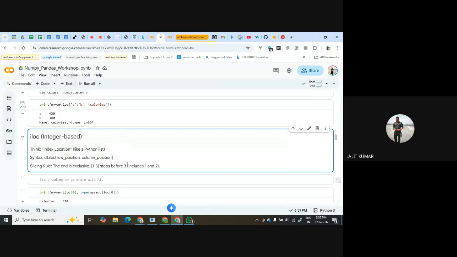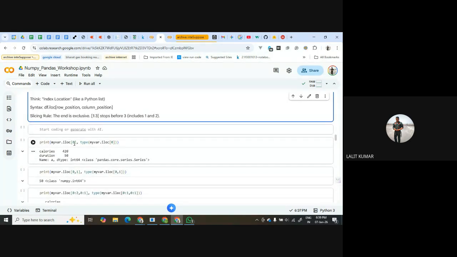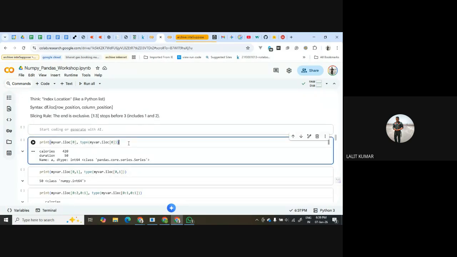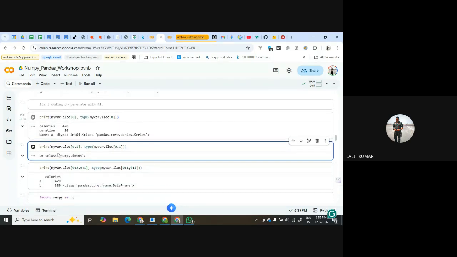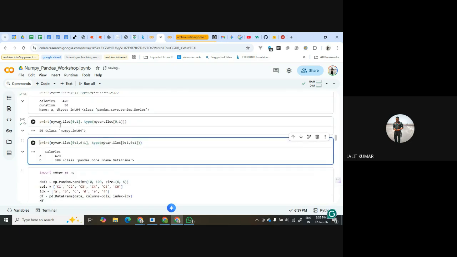Okay. Now, iloc is basically index location. Like how we use it in a Python list, by using the index 0, 1, 2, 3, we can find that. So here we don't have to know the index label. Just by using the index location, we can do that. For example, 0, 1 to 1, what is there? Now, when I pass my var, iloc 0, 1, 0, 1 means 0th row and second column. So that value will come.